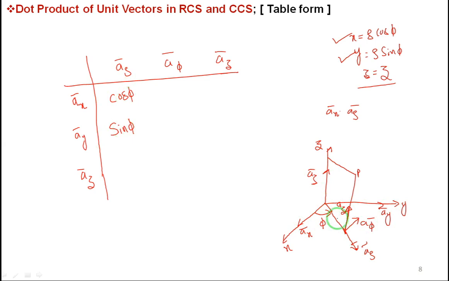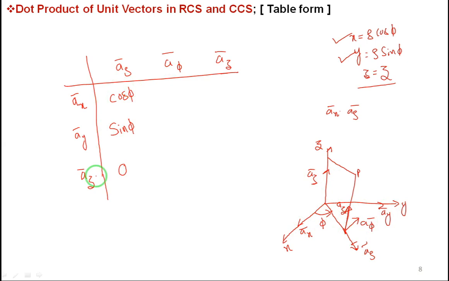The next, az dot a rho. Just observe here. A rho is here, az. They are mutually perpendicular to each other. If I take the dot product, cos 90 degree. Cos 0 is 1, cos 90 is 0. So this will come 0. Similarly, this first column we have filled. We have to fill the second column, but analyzing the diagram is very tedious. But how to fill it blindly, I will tell you. You can go through geometry, but it will be very difficult to understand. So first column you came to know. I have told both geometrically as well as blindly how to fill this first column.